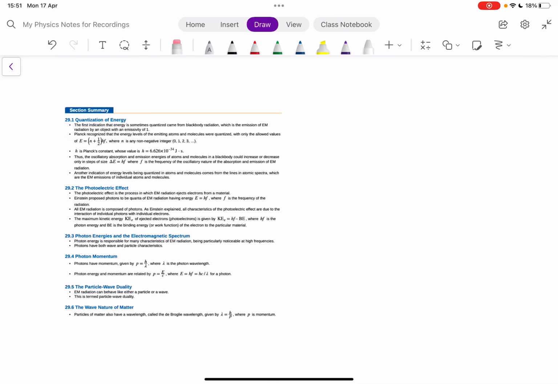This week's topic is all about quantum physics. Well, it isn't really all about quantum physics, in fairness, because quantum is a big chunk of what you'll be studying on a physics degree. This is more just opening the door to it, in the same way that the relativity bit just opened the door to that. So what we really want to do is get across some of the ideas of quantum physics in this one and just look at some of the initial ways that it can be applied.